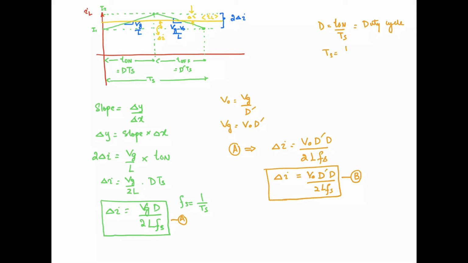Ts is the inverse of the switching frequency. Switching frequency is decided by your microcontroller. V naught is the output voltage. L is the inductance of your circuit. So now, if you know these parameters for your converter circuit, you can analyze